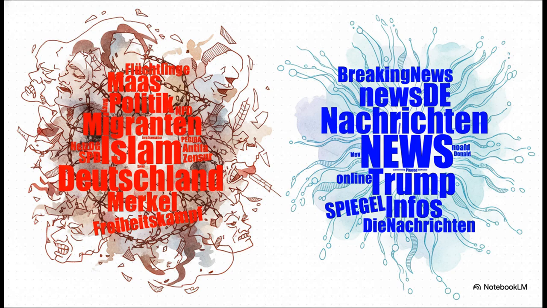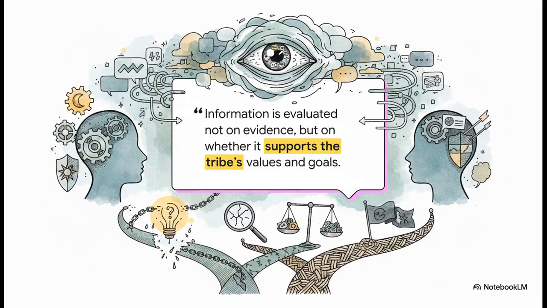Meanwhile, the blue group, they're talking in much more general terms about news, breaking news, and different media outlets. You see, they're not just using different words, they're living in completely different narrative universes. The journalist David Roberts actually gave this a name, tribal epistemology. It's a state where the idea of what's true and what's good for our side start to blur together and